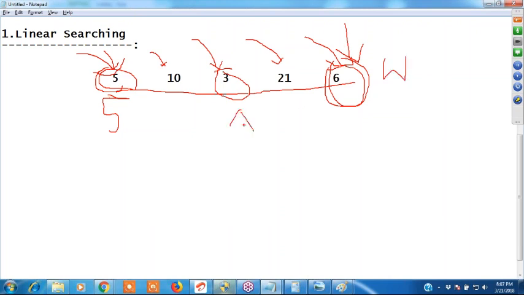This is the average case. And what is the best case? In the best case scenario, if 10 elements are there, the element is found at the first position, and there is no need to check all elements. In the worst case scenario, the element is at the last position. Then the average case scenario is in between.